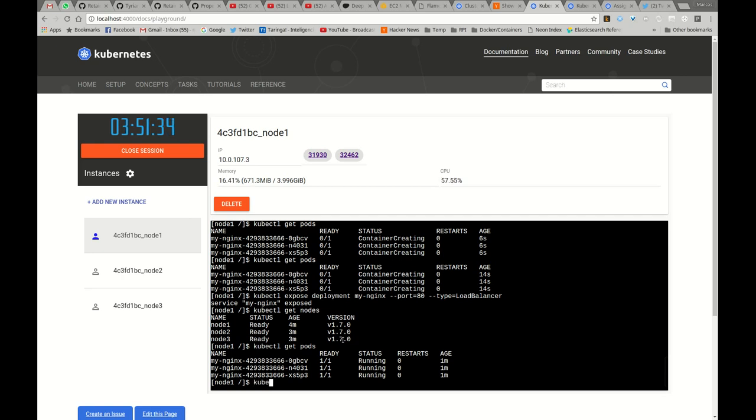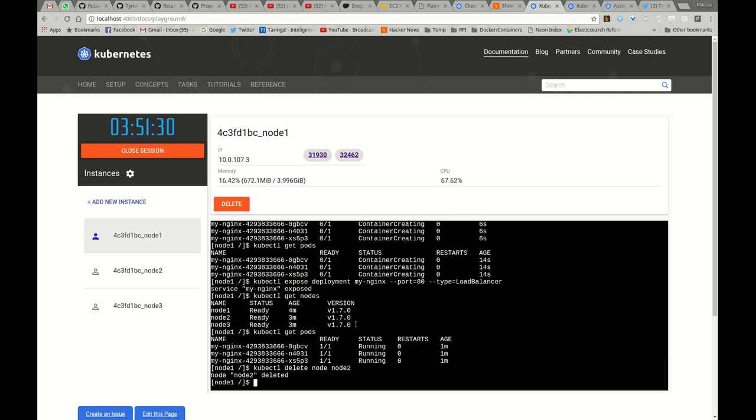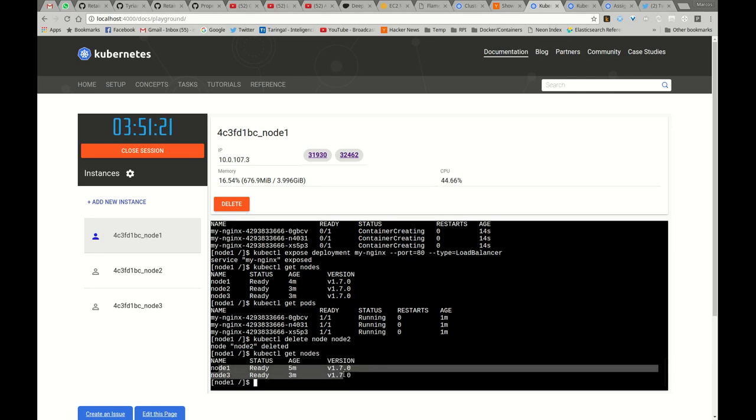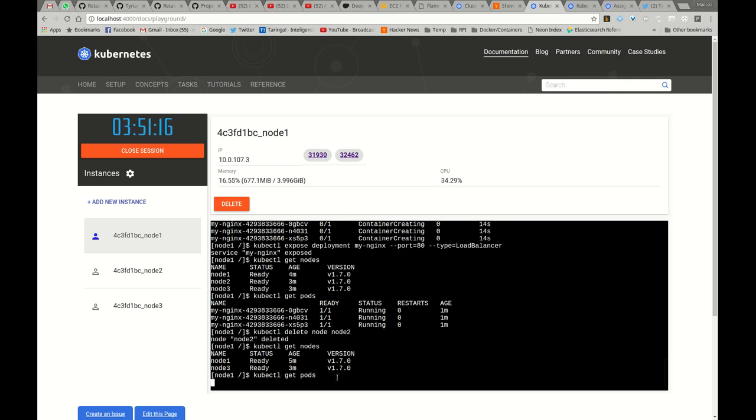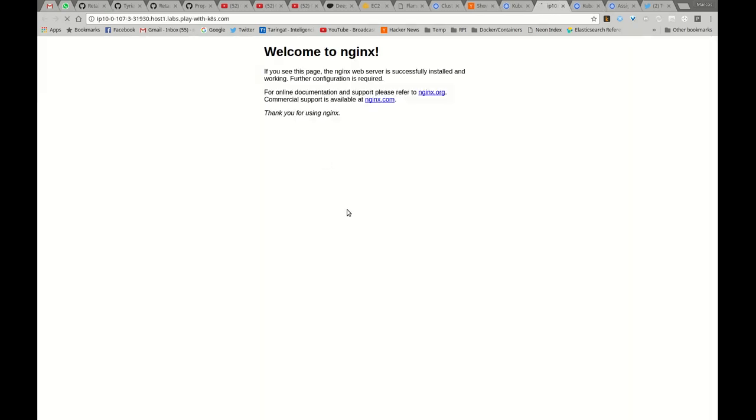So I'm going to do kubectl delete node 2. And as you are going to see, now node 2 is no longer part of my cluster. So if I do kubectl get nodes, as you can see, node 2 is no longer part of my cluster. And if I do kubectl get pods now, you're going to see that the pod that was running on that node was automatically rescheduled by Kubernetes. As you can see, this pod started running 11 seconds ago,